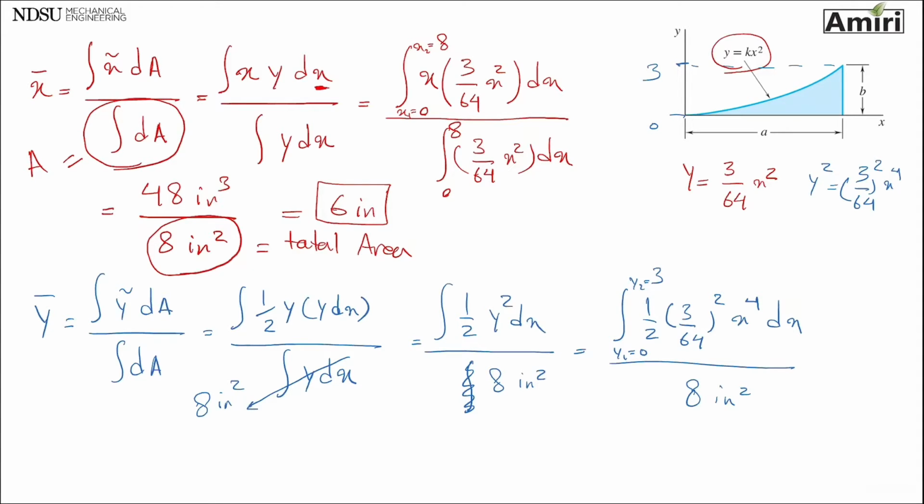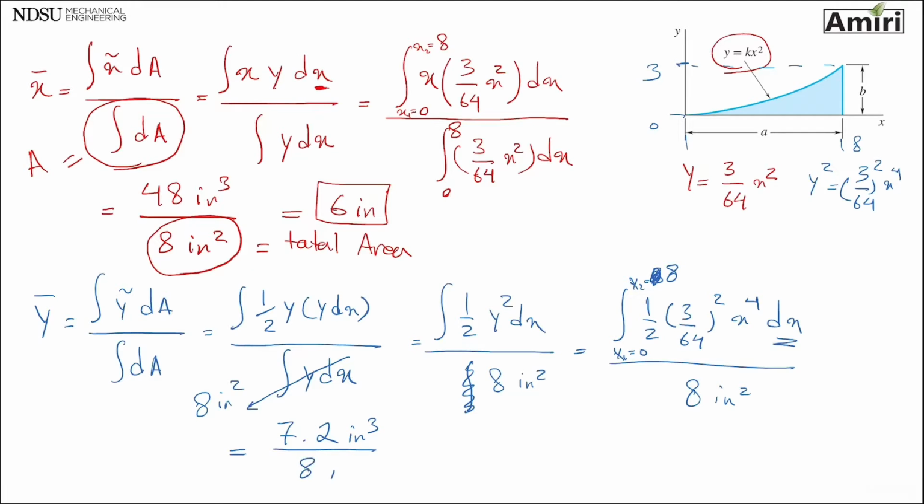Wait, I made a mistake. My variable is dx, so the bounds of the integral should still be based on x. Sorry about that. They still go from 0 to 8. For one second I thought I had y. So 0 to 8. Sorry about that. And I'm going to get 7.2